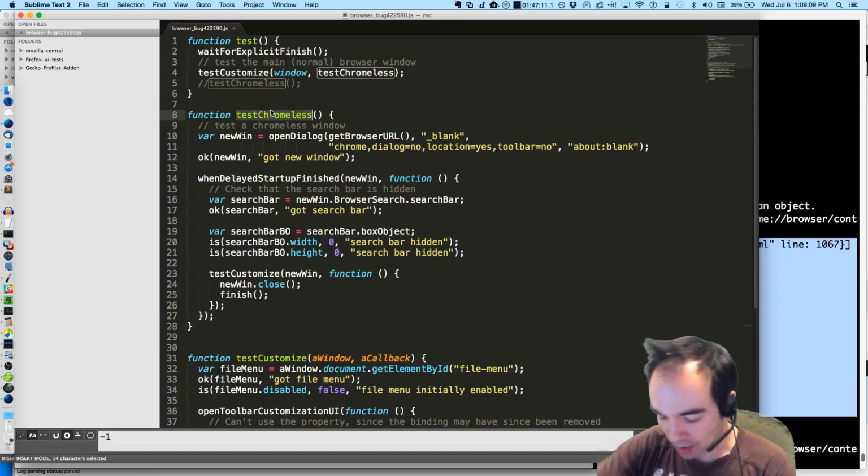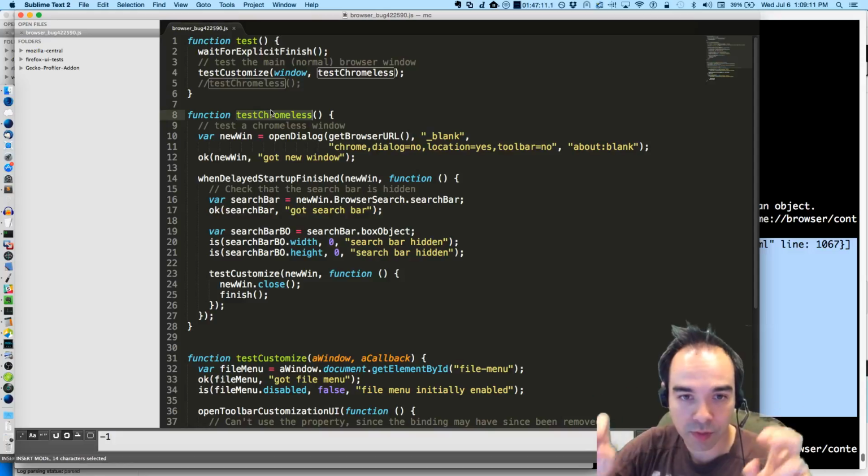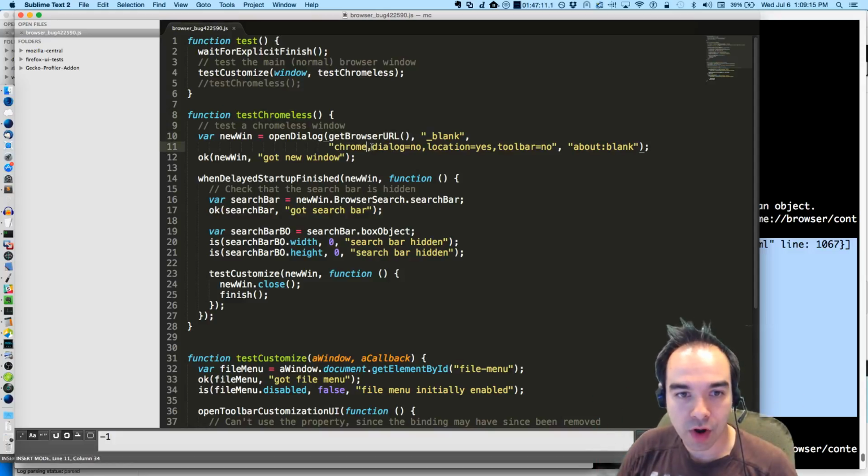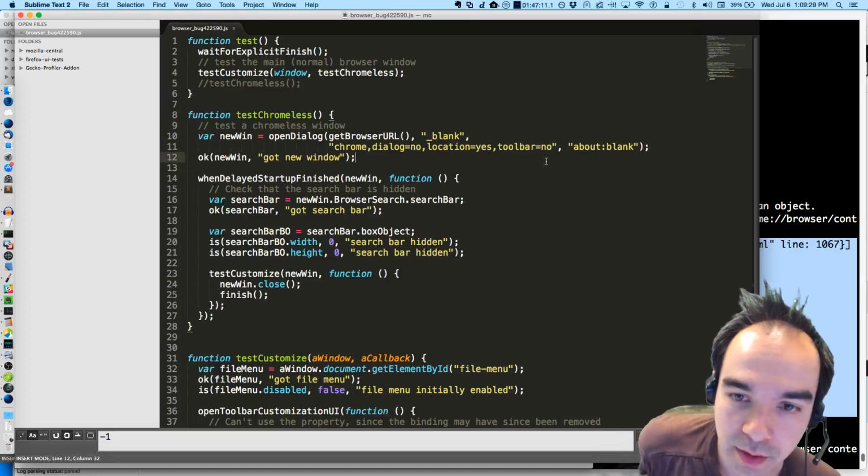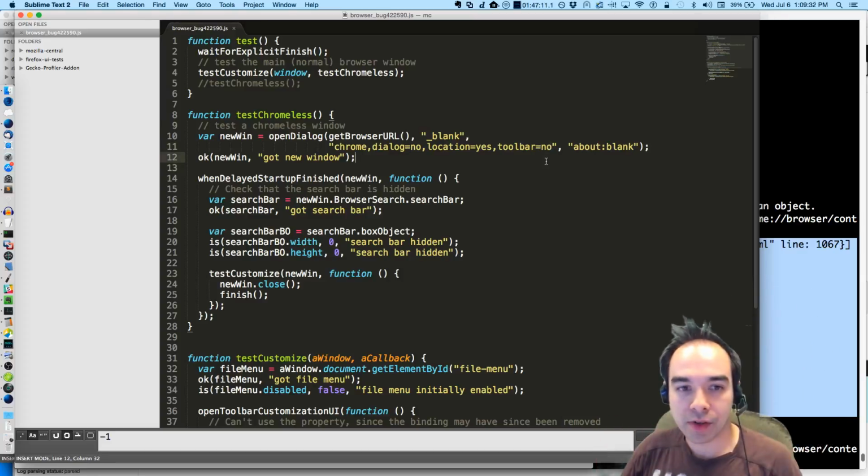And what test chromeless does is it will open up a chromeless window. Oh, sorry, we've gotten rid of the toolbar. That's what's going on. The toolbar is gone, but otherwise the browser is the same.